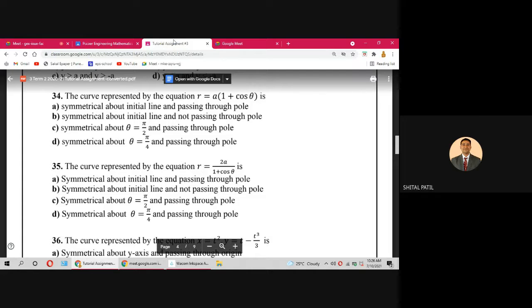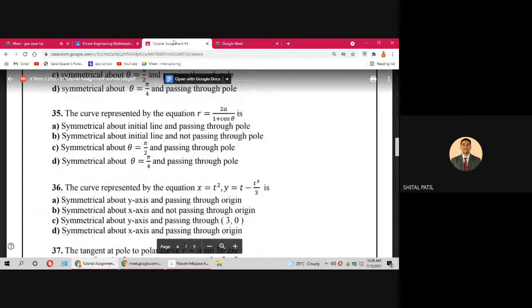I'll explain once again. If we substitute r equal to 0, we are not getting the required answer. So, we have to take the reciprocal. Then we get 1 plus cos theta divided by 2a equal to 1 upon 0, that is infinity. That is 1 plus cos theta equal to infinity, that is cos theta equal to infinity. But cos theta cannot be infinity. So there does not exist theta such that r equal to 0. The curve is not passing through the pole. B option is correct. B for Bombay. Okay, B option is correct.